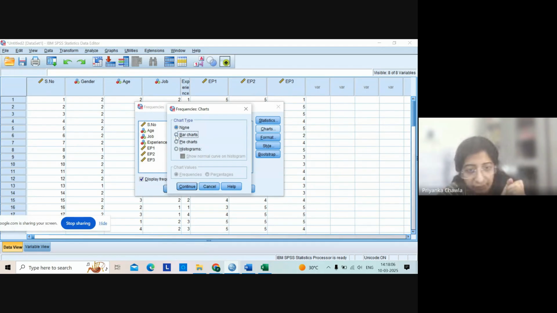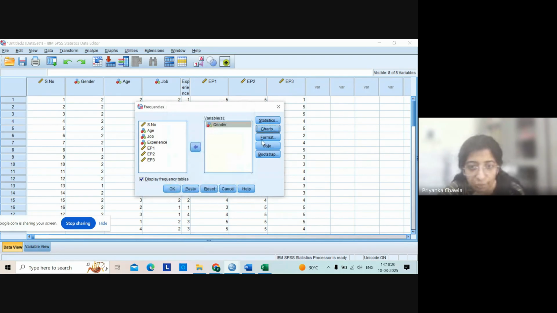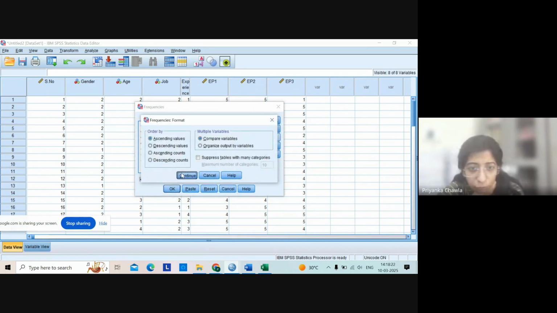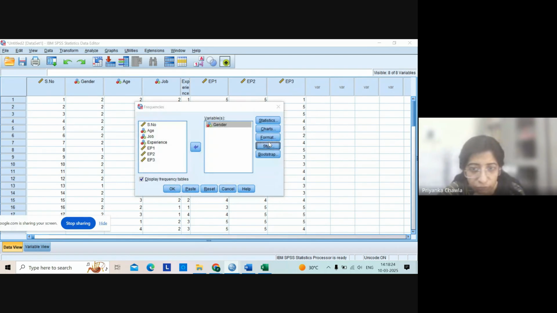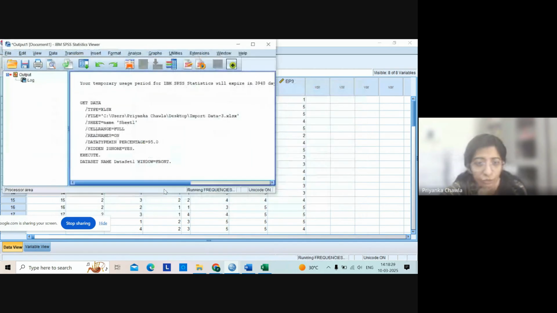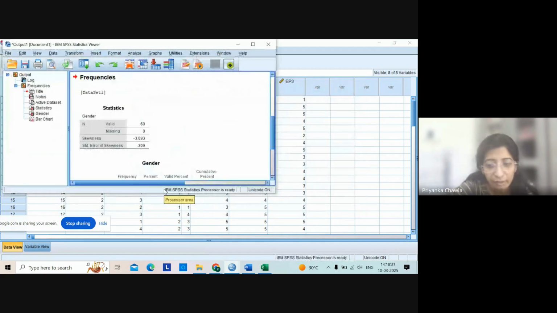So I will be selecting bar chart and go for what values you want to appear over here in the chart. Frequency or percentage. Obviously we want percentage. Go to continue. Format, there is nothing to do with format. Style is also, we do not want any change in style, and click on OK. At one click you will get the result. See,